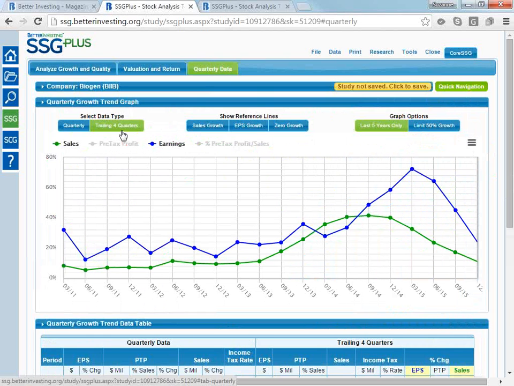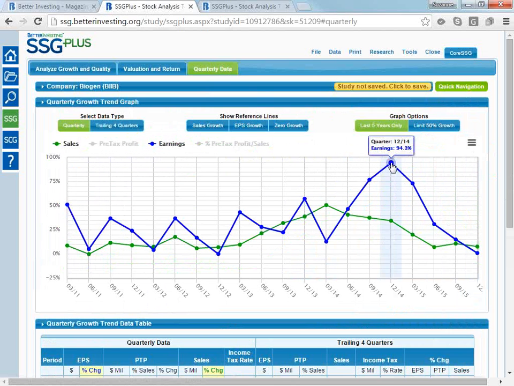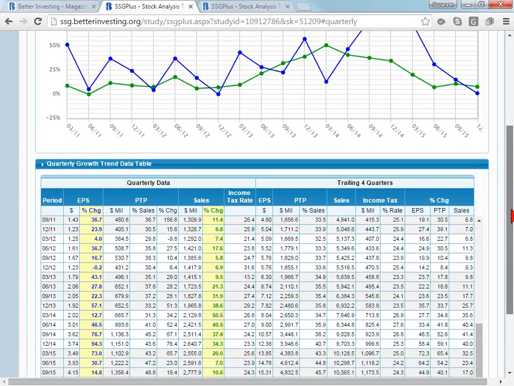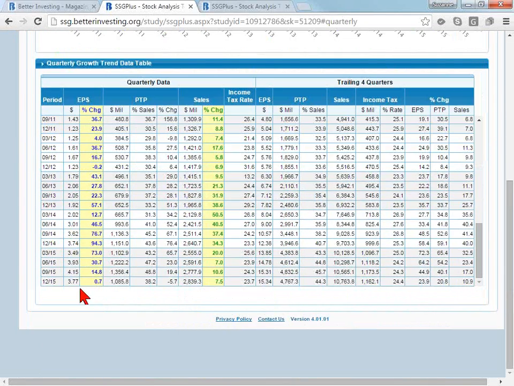Now these are the trailing 4 quarters. I'm going to show each data point separately here. And what I can see is that December 2014 was a pretty robust quarter. And so to compare this December with last December is a bit of a hard sell. Now if I scroll down on the quarterly data, I can see the exact number, and that was 3.74 compared